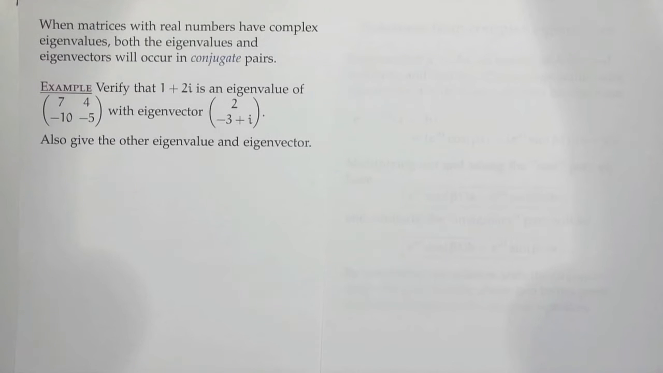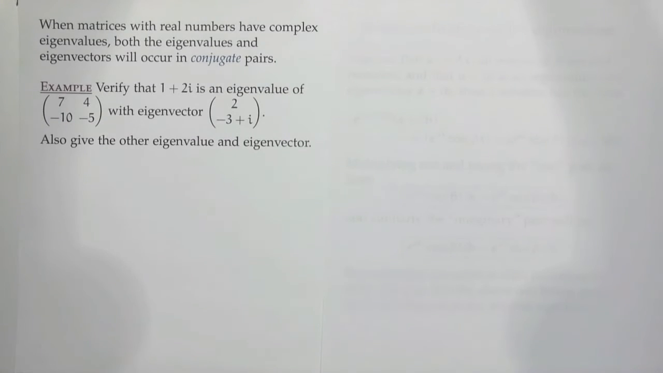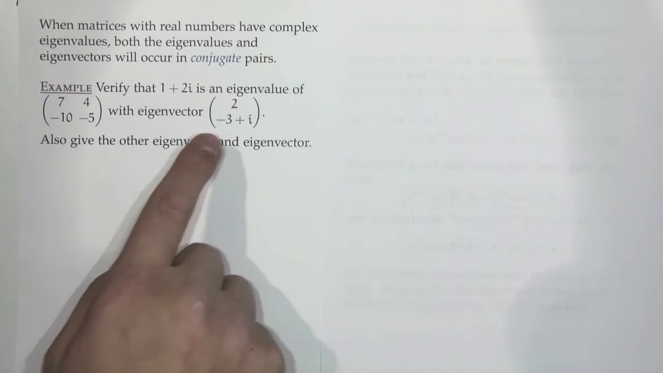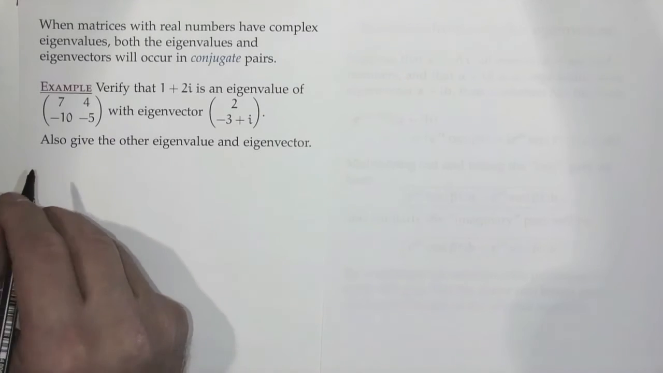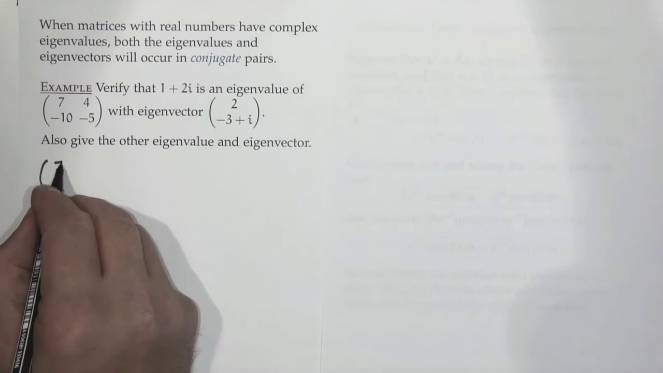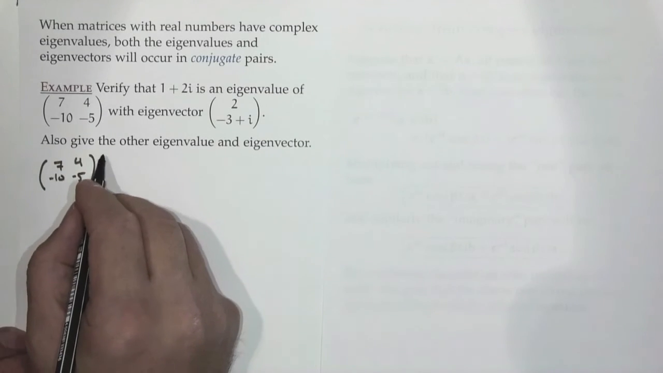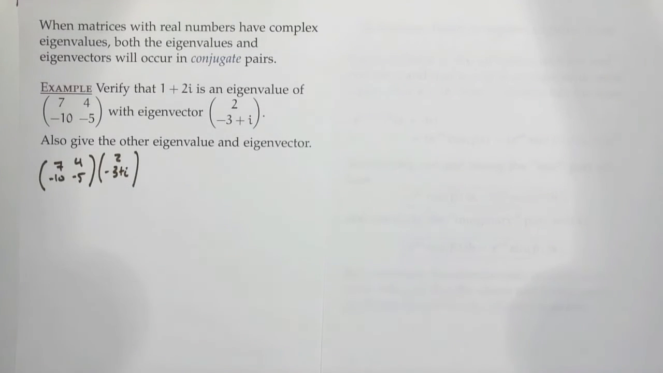So here's an example. We have this matrix, [7, 4; -10, -5]. It says verify that 1 plus 2i is an eigenvalue of this matrix with this eigenvector. Now, we could try to derive it, but why do that when we can just write the answer? Verify says we plug things in and make sure it works. So we'll take the matrix and multiply it by the vector (2, -3 plus i). Taking the matrix times the vector, if we do that,